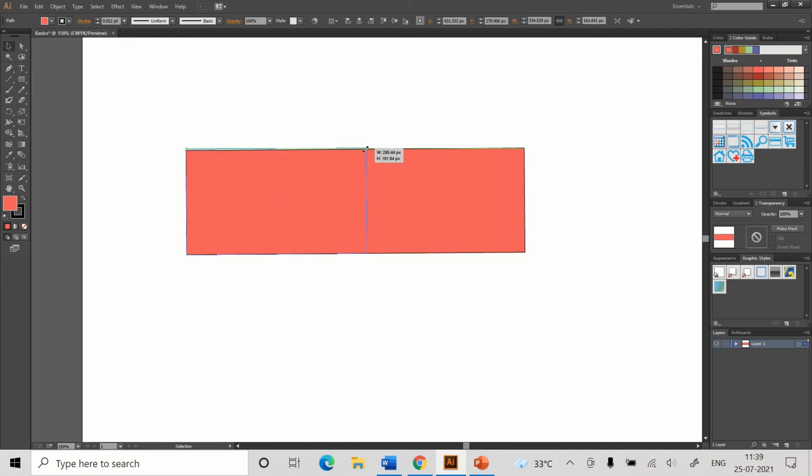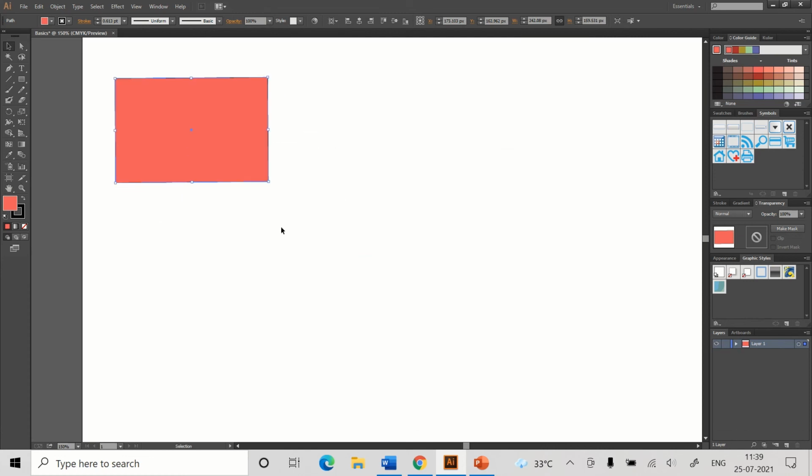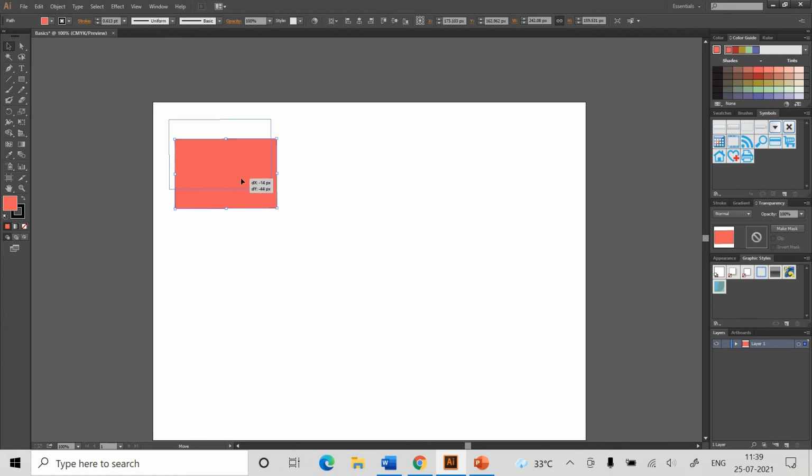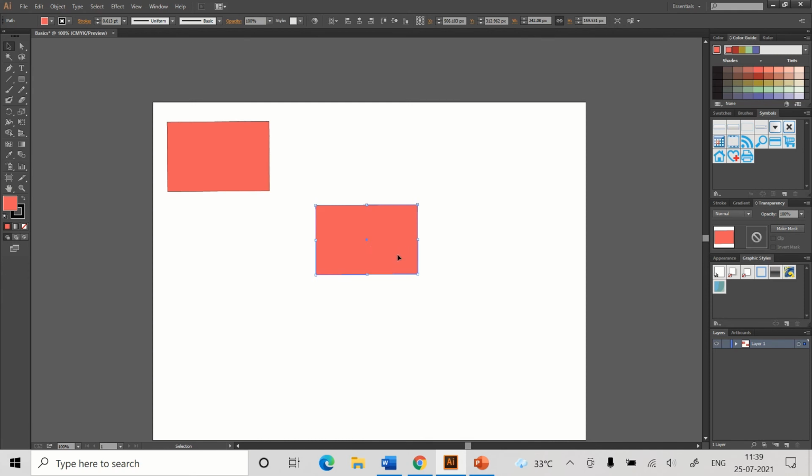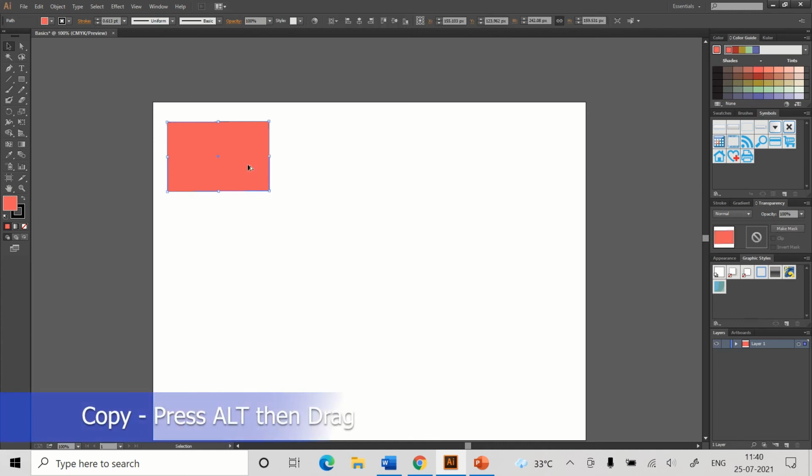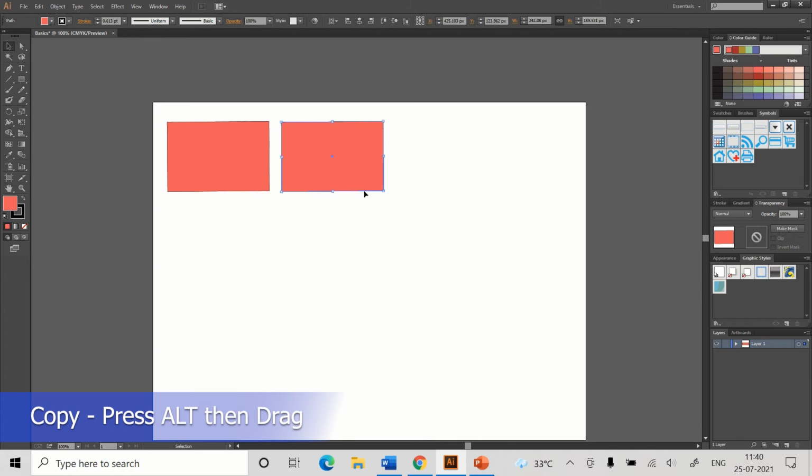Apart from this, now I will show you a few more options which will be very easy and very quick to understand. Let's say I have to create a duplicate copy. Generally what we used to do is Control C and Control V, but here we won't be doing this. We will just select this particular box and then press Alt. When we press Alt, you can see two arrows, two pointers, are available now. It means it is ready to copy or make a duplicate. So we just click and drag it.